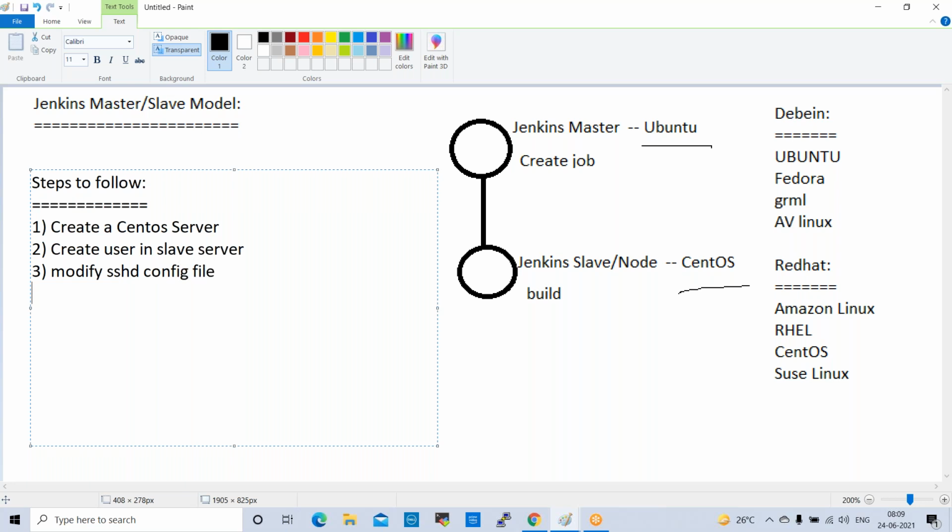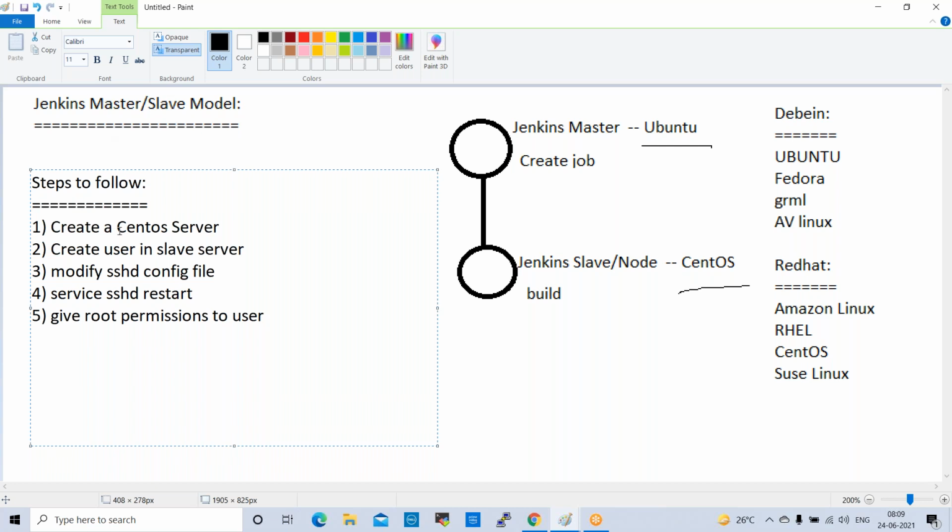The fourth one is, once we modify the config file, restart the service, so service sshd restart. Fifth step is give root permissions to the user. So these are the steps we need to follow.